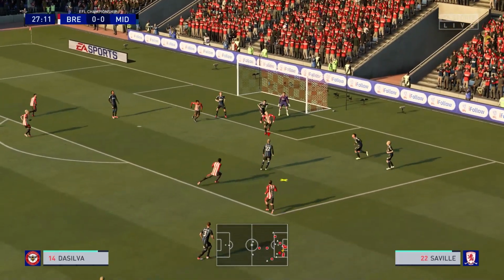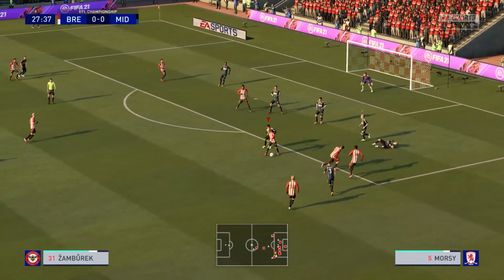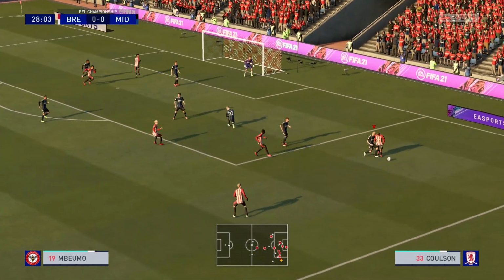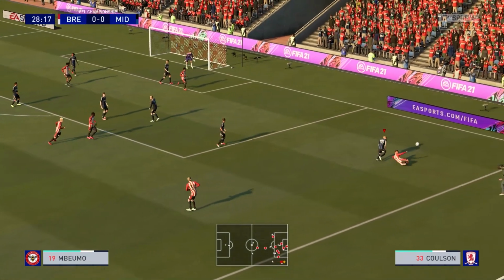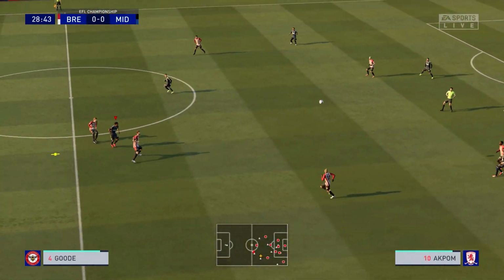Oh, and they're in here. And what a block from McNair. Huge block. Although we can't clear our lines. Coulson, block after block. Tackle after tackle. Finally, we get the ball off Brentford